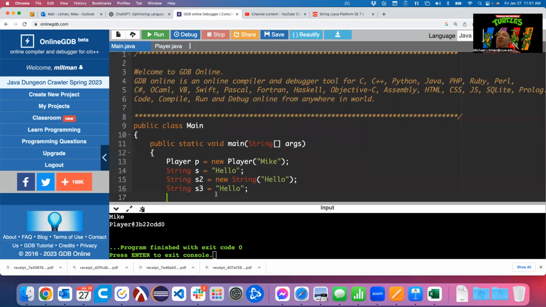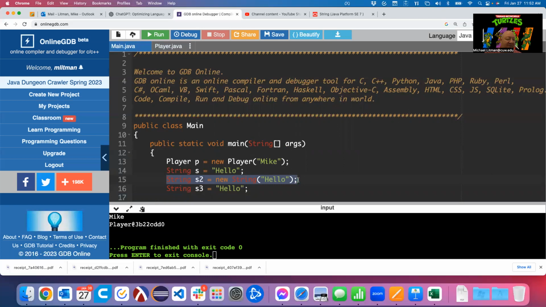You will very, very rarely ever see someone build a string this way. Even though literally every other kind of object that either comes with Java or that you create yourself, in order to create an instance of that object, you must use the new keyword. I often will say Java is a string-based language. If you can get something in the format of a string in Java, it's very malleable. You can turn it into almost anything else.